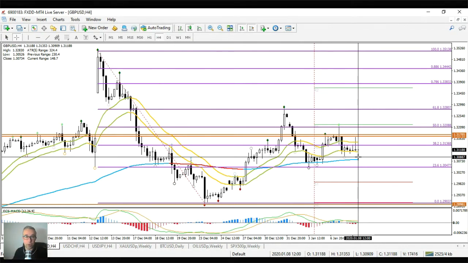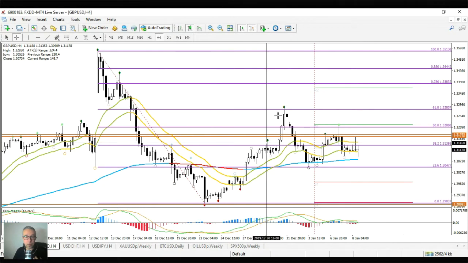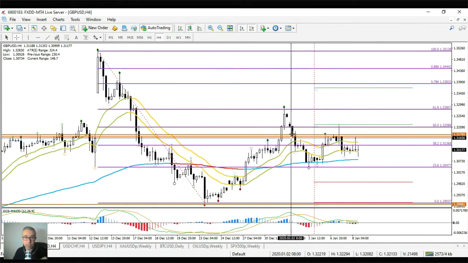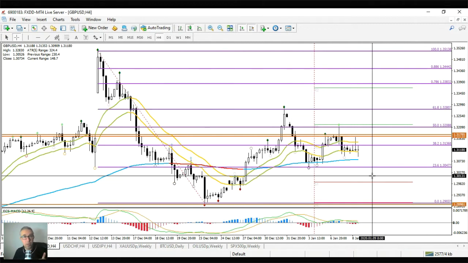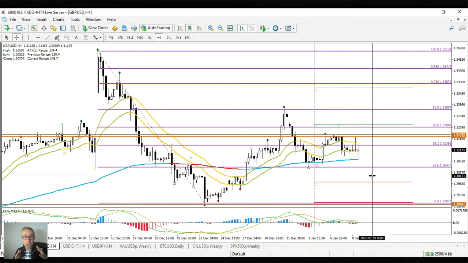Question is how to read that triangle. That could be sometimes tricky when you get further into the triangle. At the beginning, it's kind of straightforward. You got an A, you got a B, but the C and the D can be a little bit more complicated because of which swing belongs to what. Is this an A, B, C of a B, or is this a B finished with an A, B, C within C? I'm leaning towards this, that this is A up for B and this is A, B, C for C. But things do get more messy, right, in a triangle because price action volatility slows down,